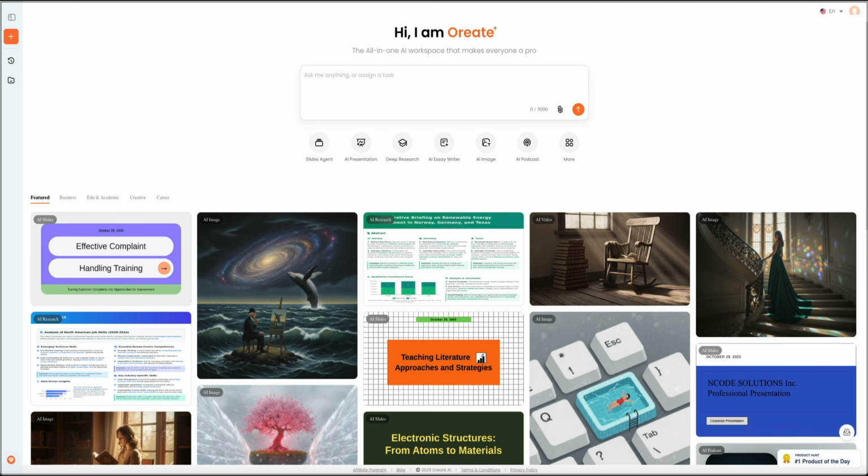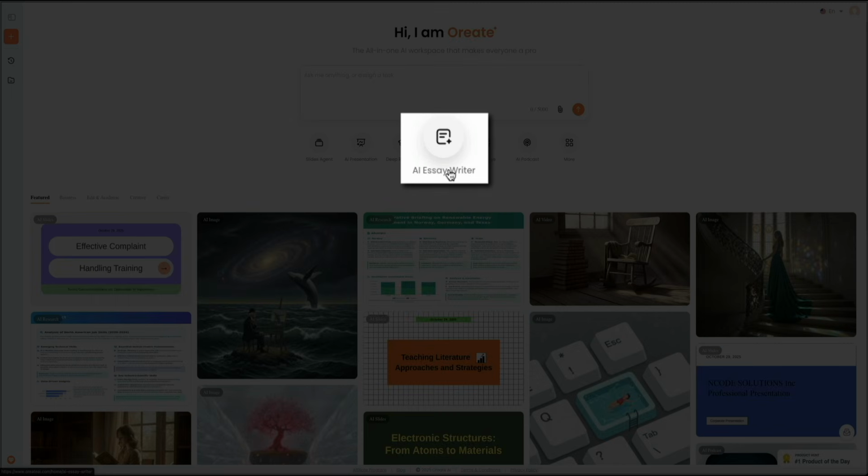So this feature is built on a model trained specifically for academic and professional writing. You can generate long-form essays up to 20,000 words with a single click. The structure, formatting, and citations are already taken care of, and it passes most AI detection tools with a success rate of over 90%. So, to open it, click the AI Essay Writer icon there on the dashboard,